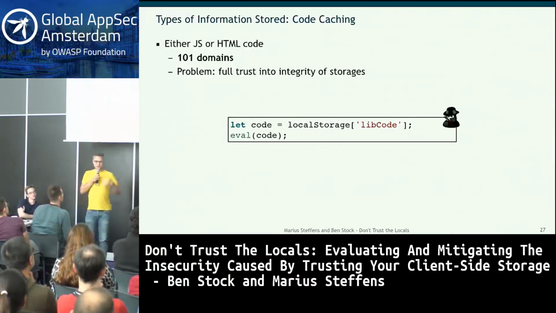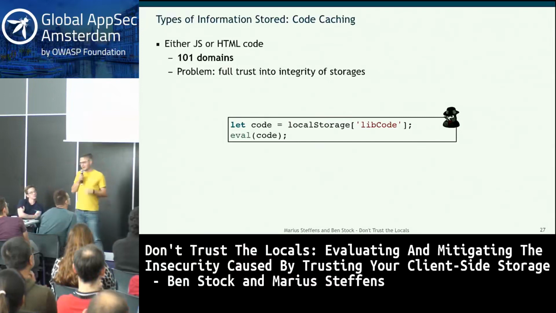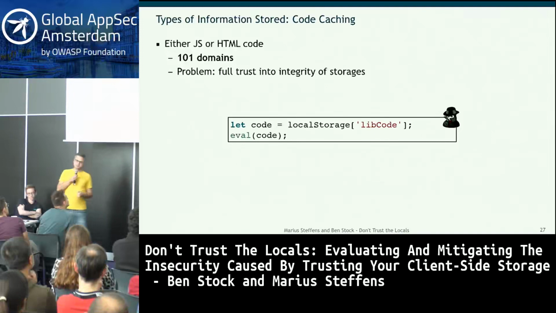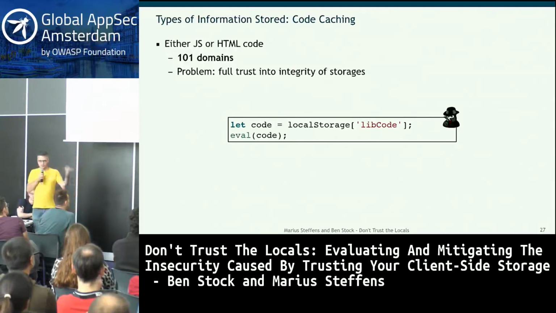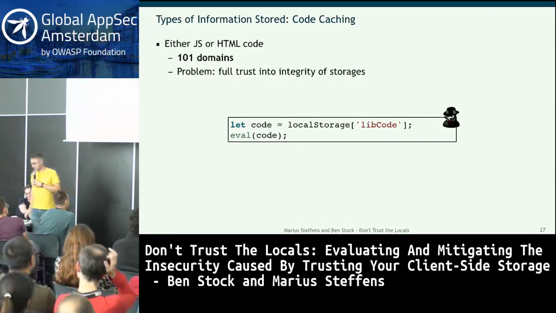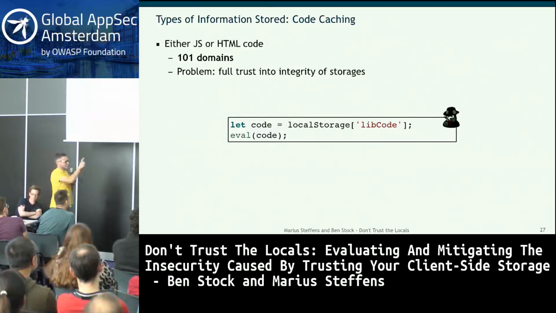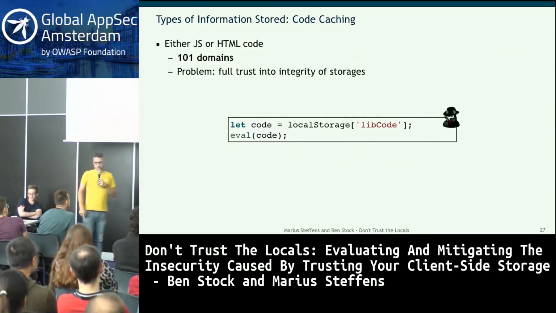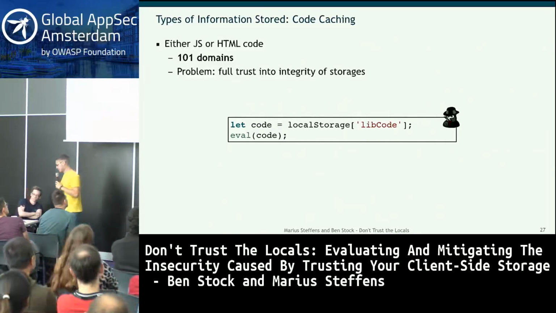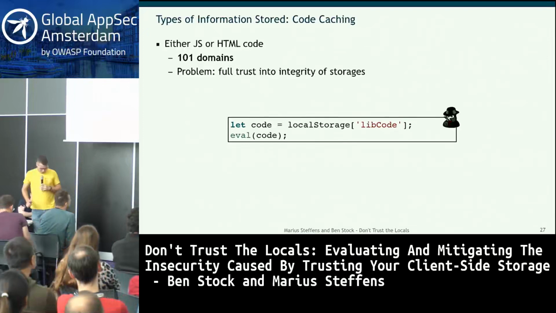Okay? And so again, same issue as we saw before. As an attacker, I can still make sure that local storage is not overwritten. So once I have a persistent foothold in there, even if the library tries to override the local storage value, I can control that and just make sure that nothing gets overwritten. And this very clearly shows one problem where people think, okay, I write something into local storage and nobody will be able to tamper with this. And clearly, as we've seen in our examples here, this is not the case.